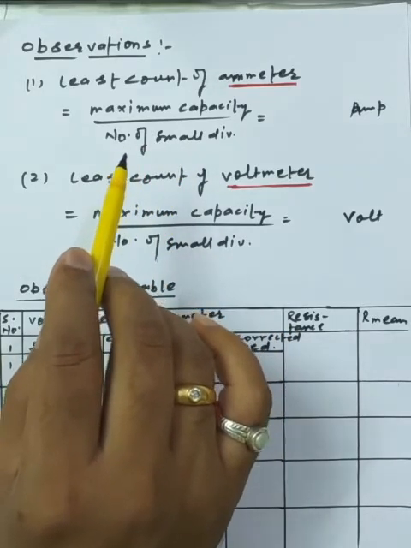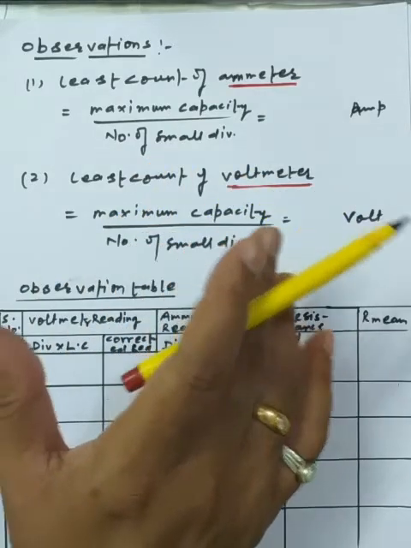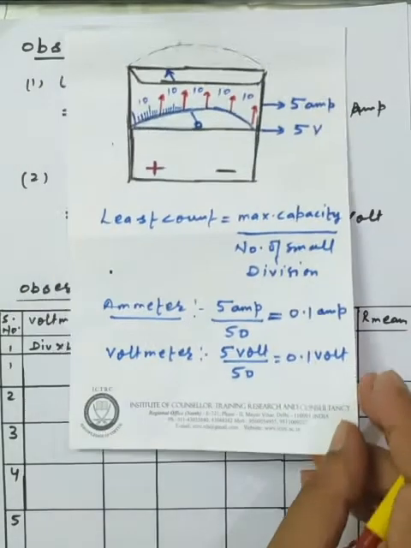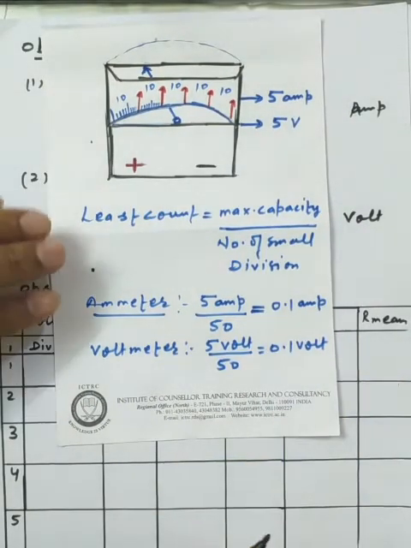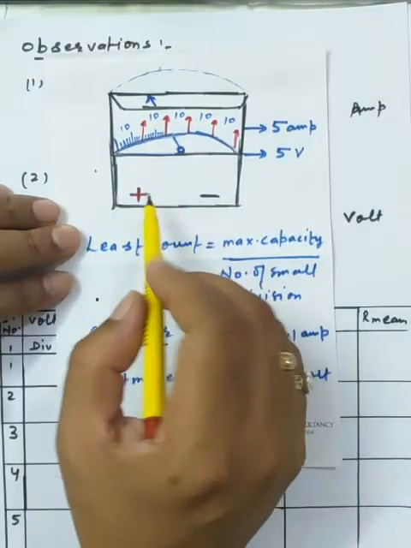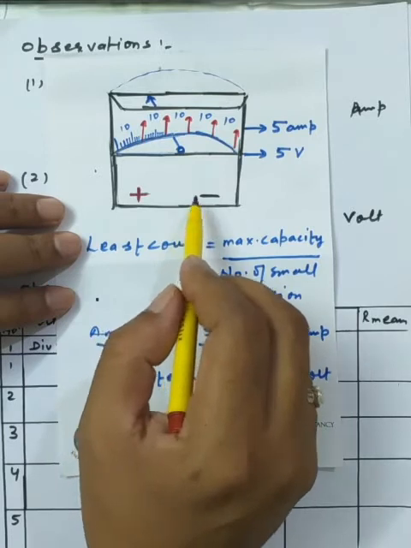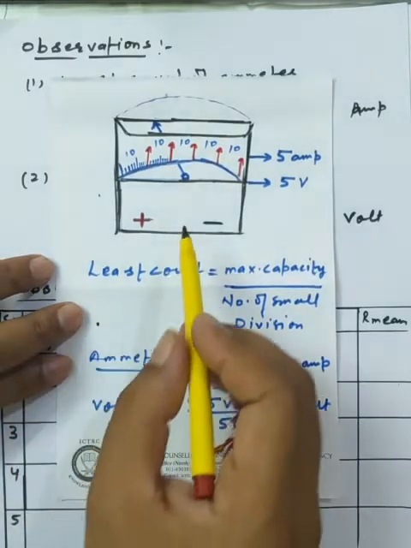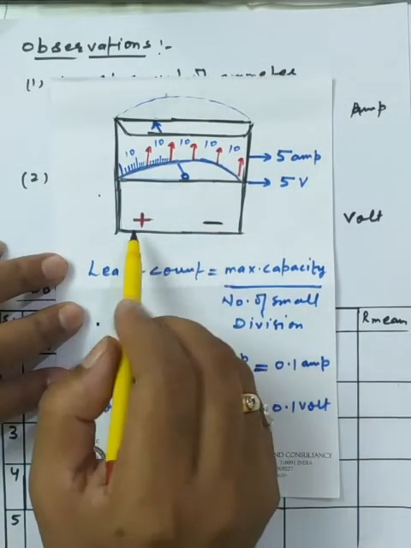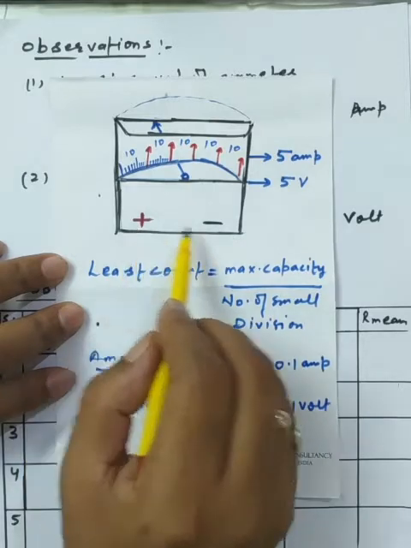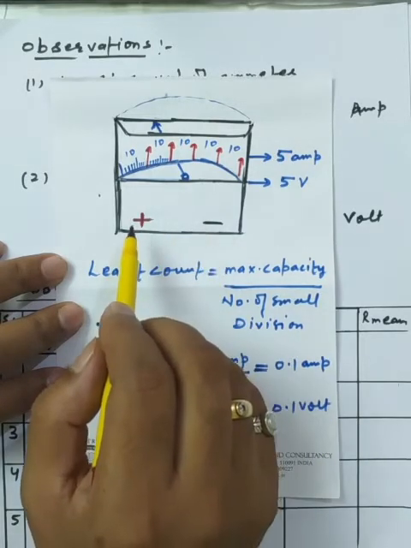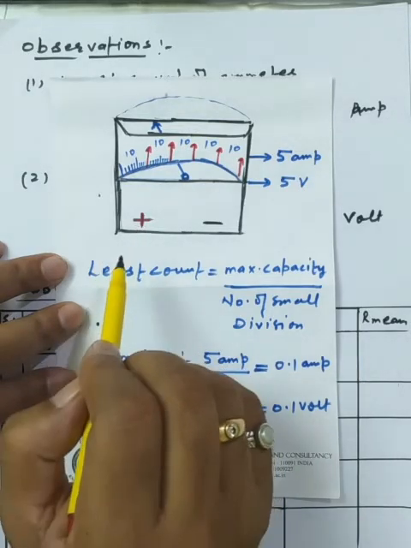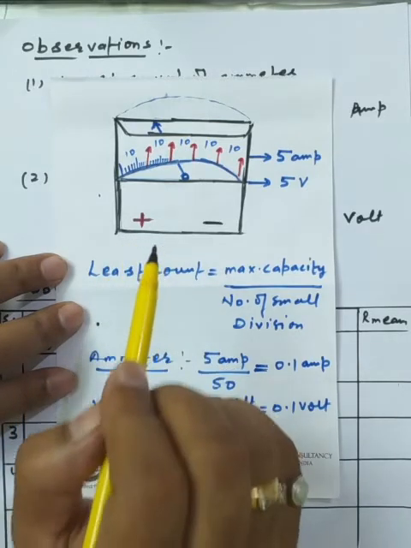You may not have seen the ammeter or the voltmeter yet, but I have tried to make a little diagram of that concept so you can easily understand. Whenever we were inside the lab, we would get a plastic casing box in which we have the ammeter or the voltmeter. So this is the simplest basic diagram which I have made here. Now what are the things inside it? It has two terminals, one is positive and one is negative, and we always keep the attention to connect the terminals to the sources.